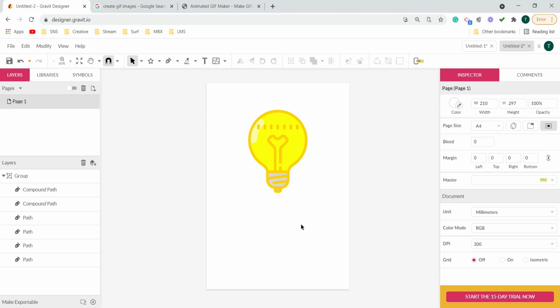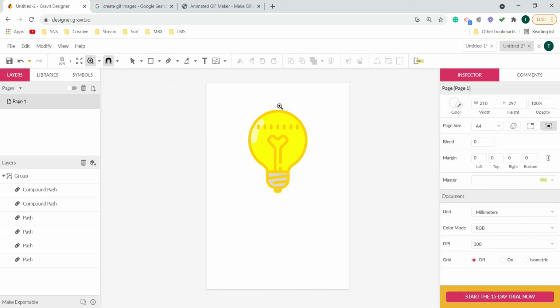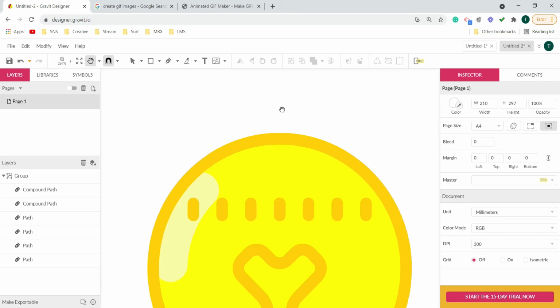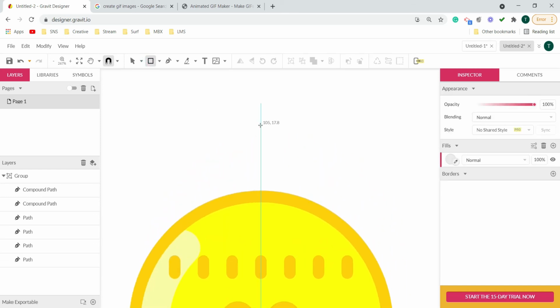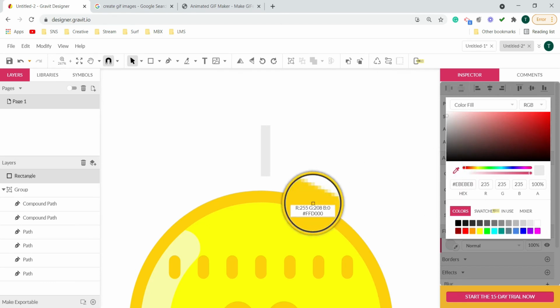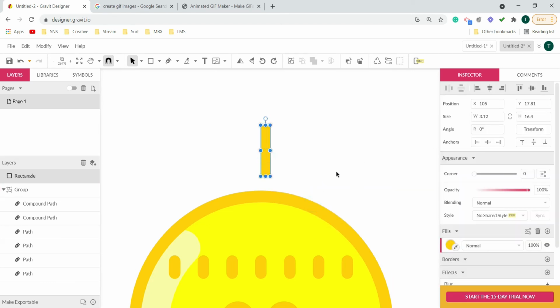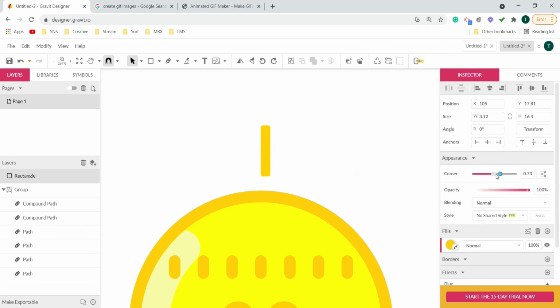Now to give the animation part, what I will do here, I will create a rectangle. Let's zoom in a bit, and I'll create a rectangle exactly into the center like this. For this also, I will be picking up this color, and I want to change its corner to rounded like this.